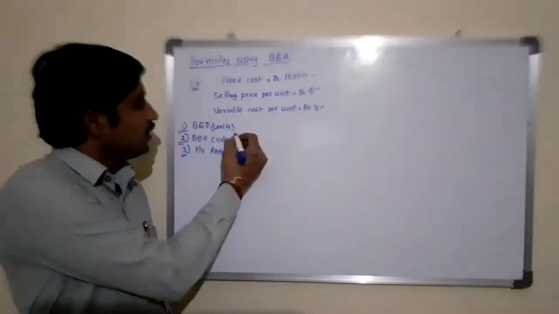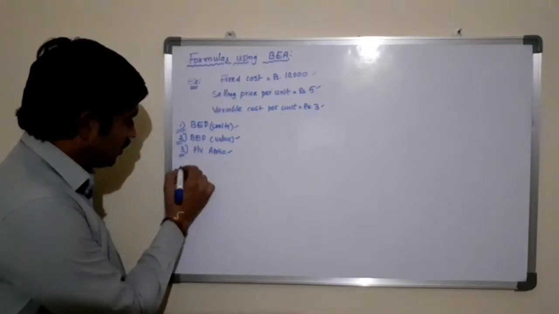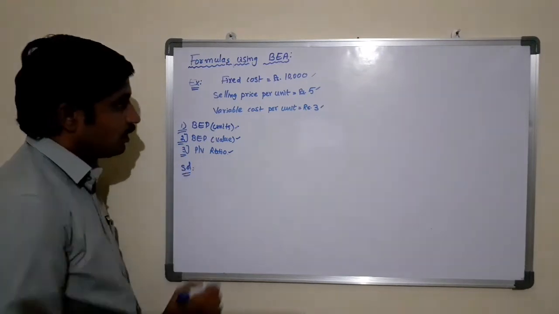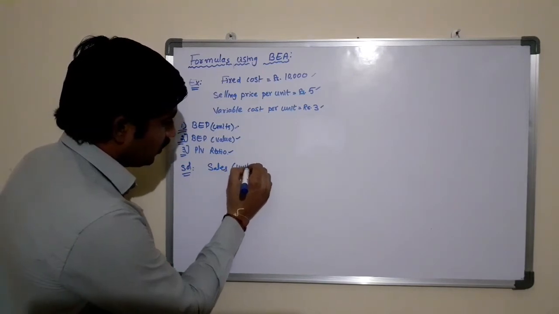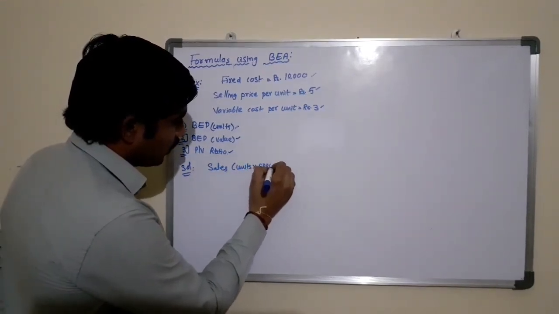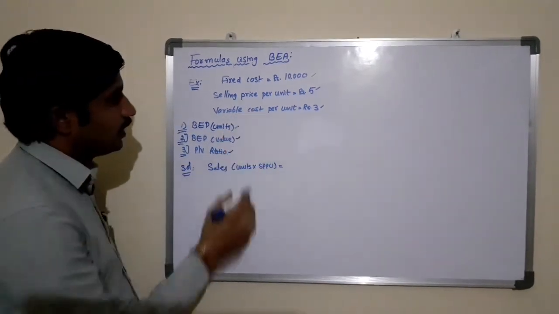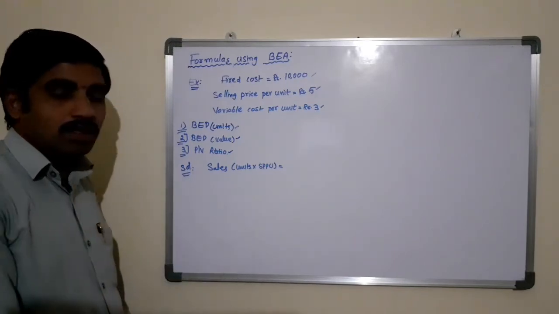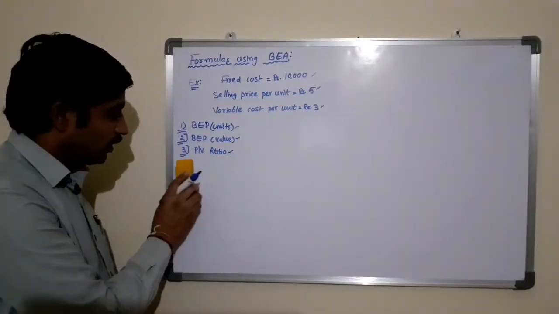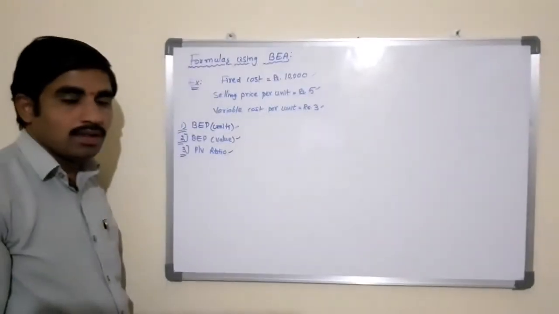Before calculating these values, let us substitute the given information in the statement. Sales is number of units into selling price per unit. Is any number of units given here? Only the per unit figures are given, not the number of units, so here it is not possible to prepare the statement for the operating profit. Now you can directly calculate the break-even point in terms of value and units.